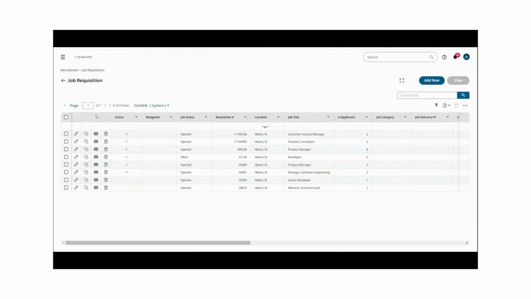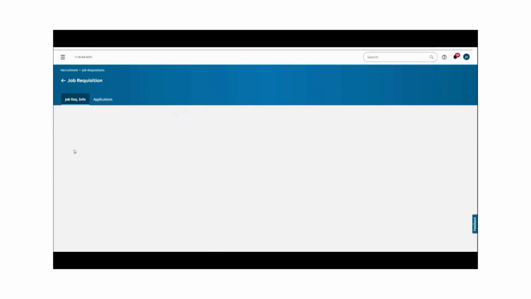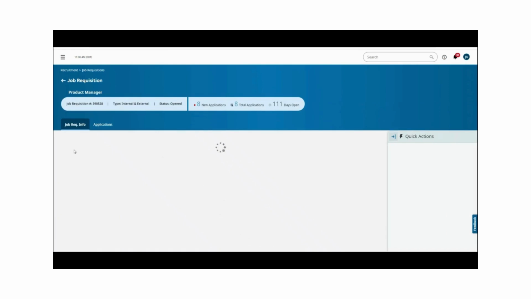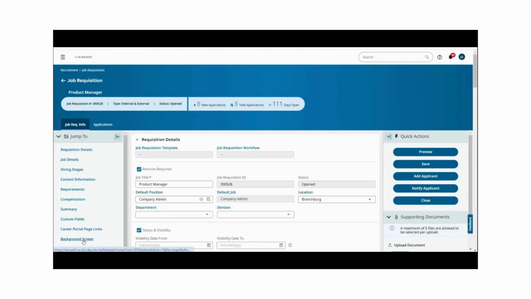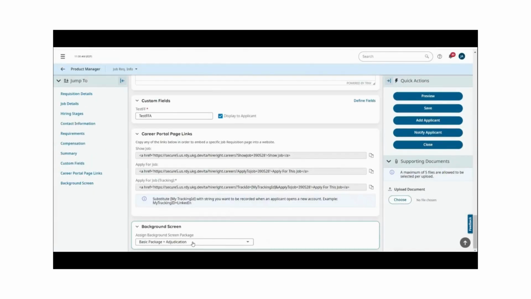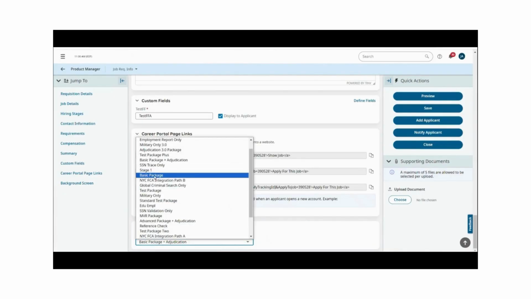And this would actually be part of the setup, but I do want to show this step, which is how you can map background screening packages to specific job requisitions. So if I go into Product Manager and click on the pencil icon, and then over on the left-hand side, you'll see a background screen link. This will take me down here, and I can select the package that I want to align to this job